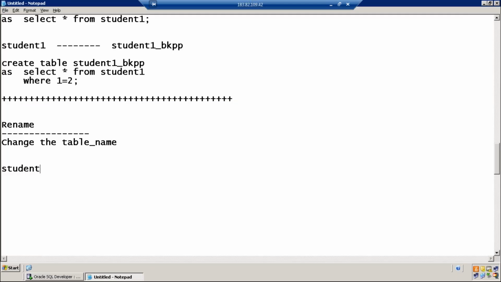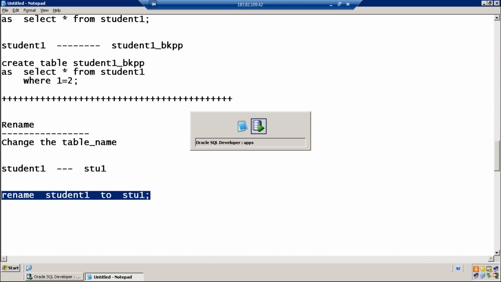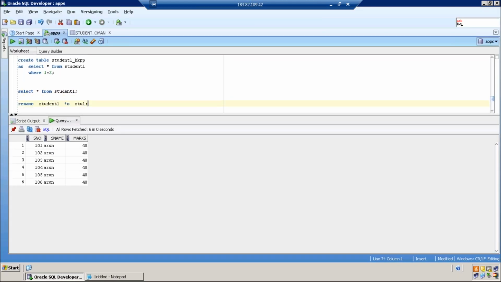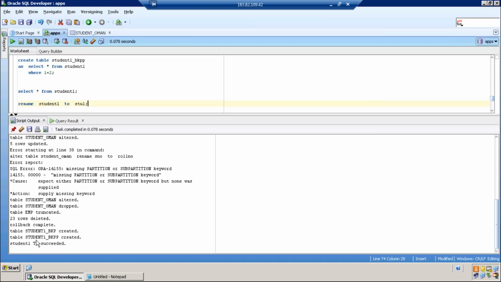The name of the table is student1. I want to change it to stu1. Syntax is pretty simple: rename student1 to stu1. Renamed. Table has been renamed.